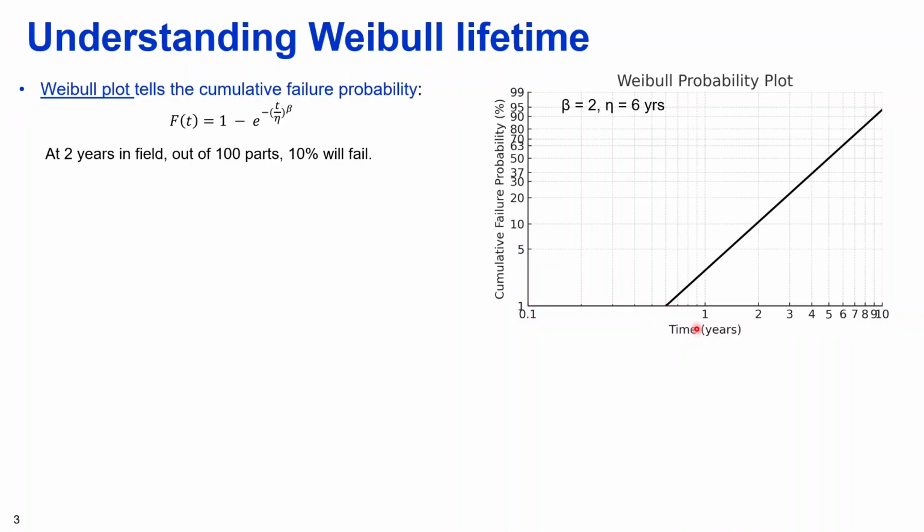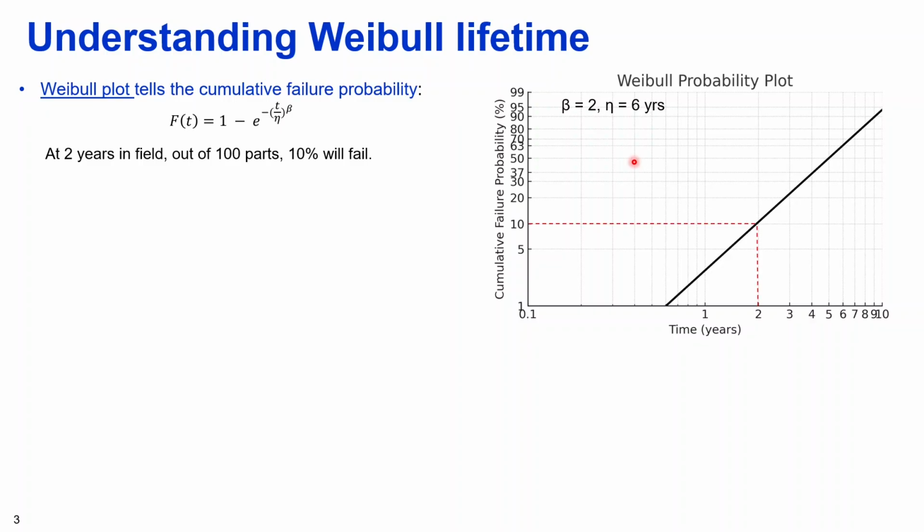The x-axis is time in field, and the y-axis is the cumulative failure probability, and they all plot in the log scale. And this failure probability is calculated from the function here, where beta and eta are the Weibull distribution parameters. In our example, the Weibull curve has a shape parameter beta of 2 and a scale parameter eta of 6 years. So if you have 100 parts being built in the field from time 0, then after 2 years, the probability of failure can be calculated to be 10%, which means that 10 out of those 100 parts will